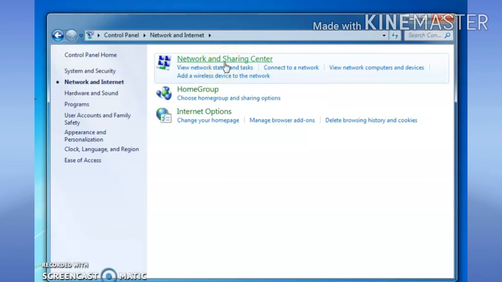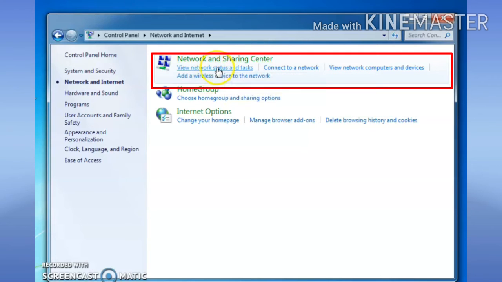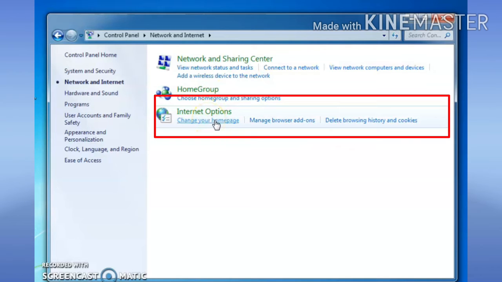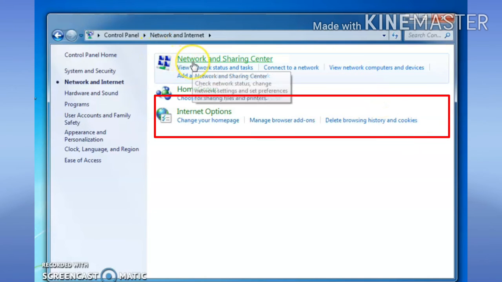Here there are network applets which help you to connect to a network, add wireless device to the network, and also view computers and devices connected to the network. And the Internet Options applets allow you to change your home page, edit your browser and delete your internet history.